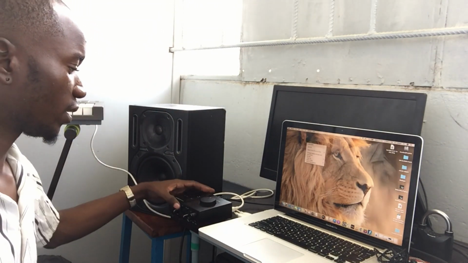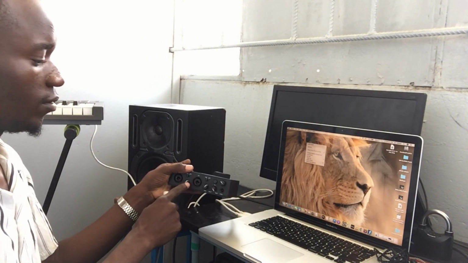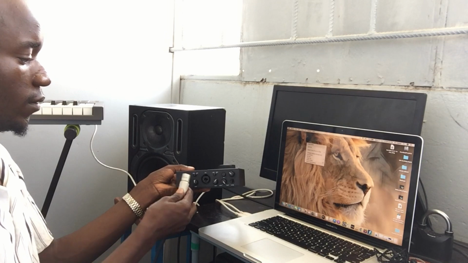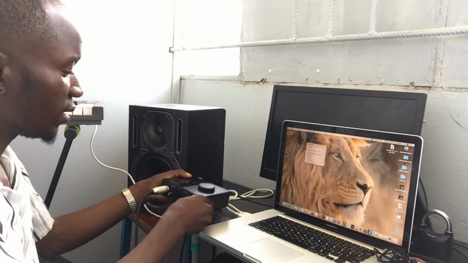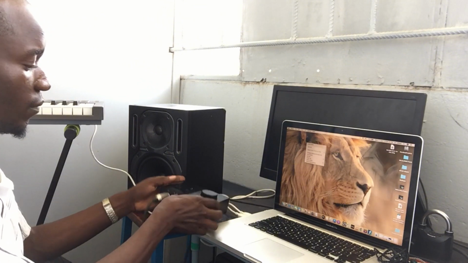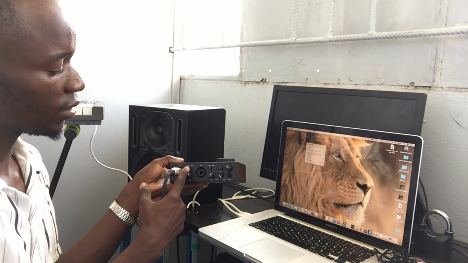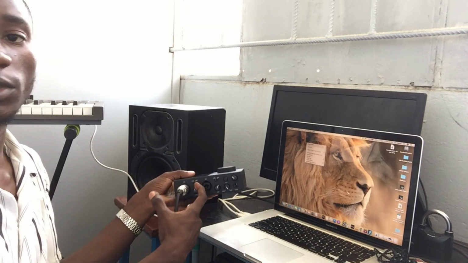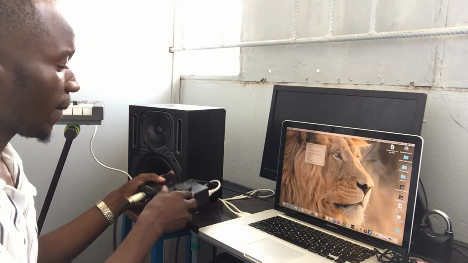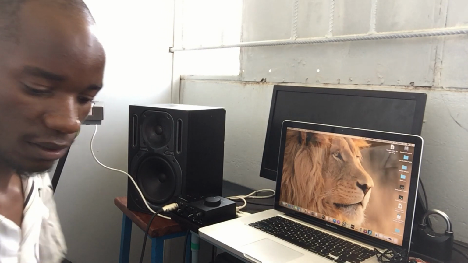So I'm connecting this to my audio interface on the preamp here. You can choose either of the two. So I'm connecting it on input 1 like that. And then, let's assume that this switch here was on instrument, so this is not an instrument, I'm using a mic, so I just push it to where it says line like this. And then next